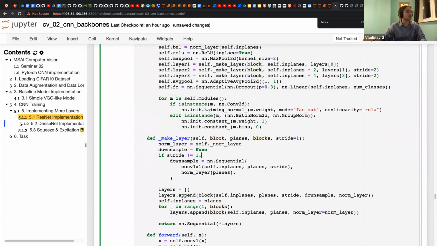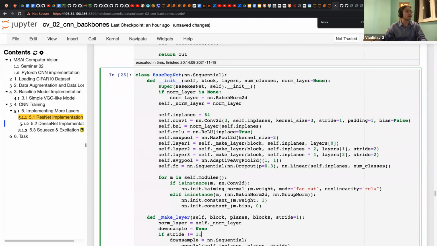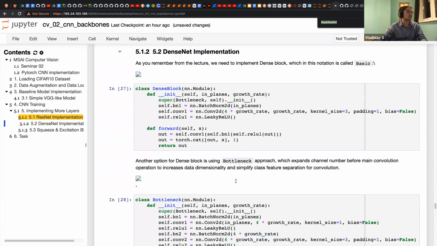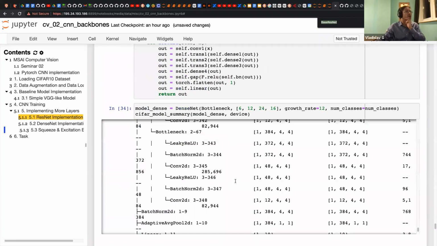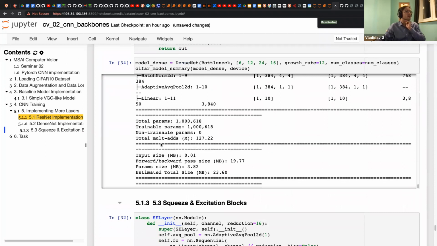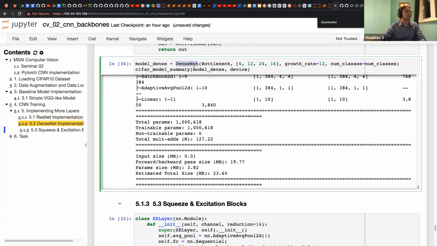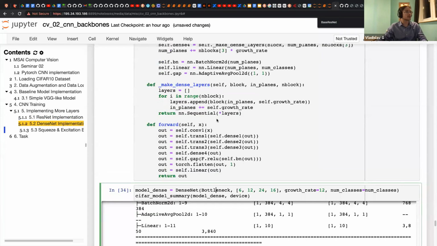Okay, let's look at how we use this base ResNet network. This is where we have a homework, but still we have DenseNet. Let's look at this.